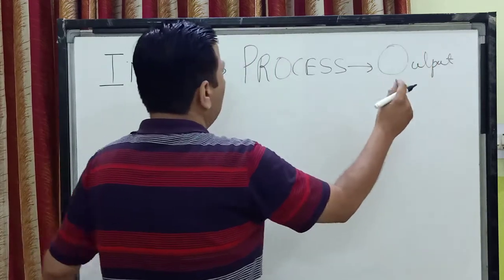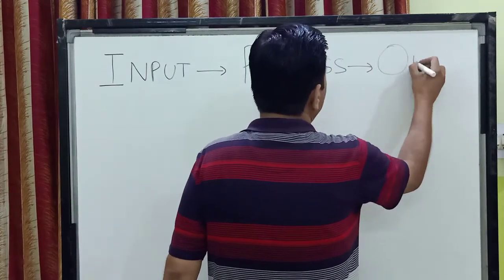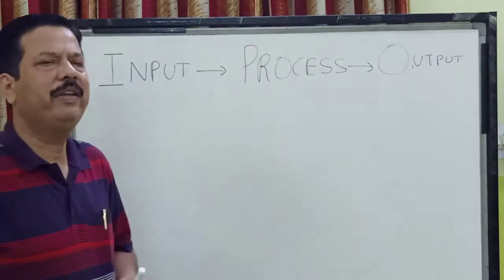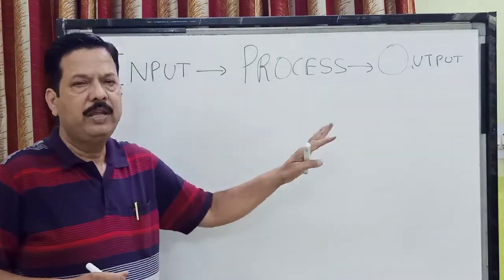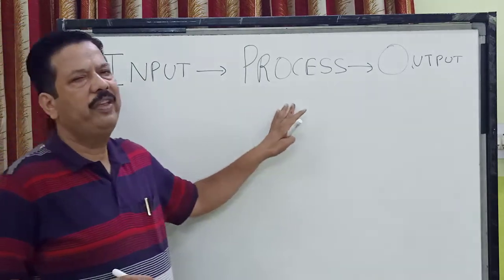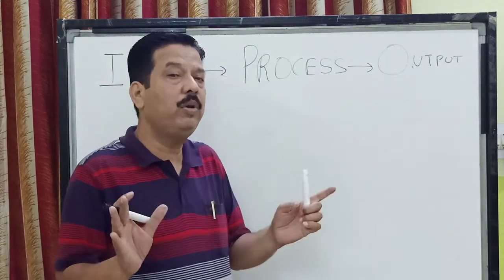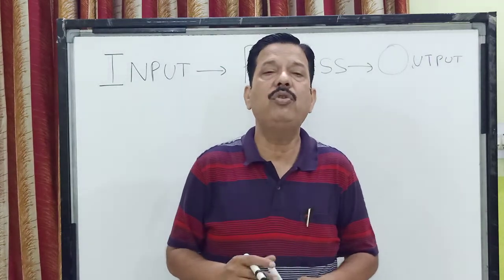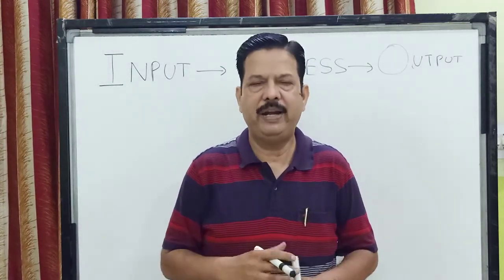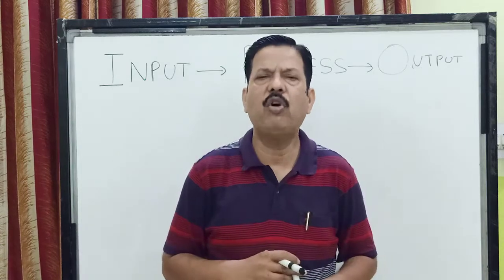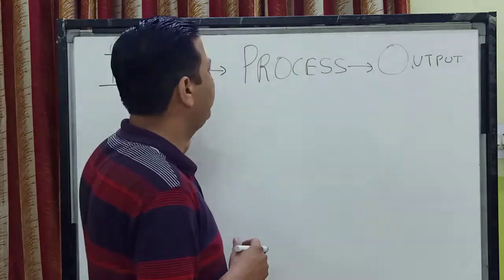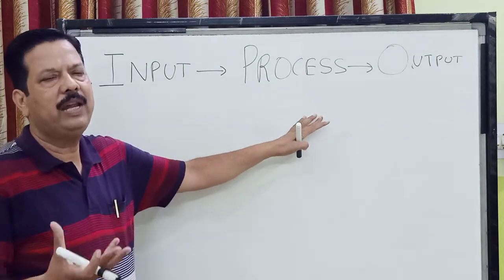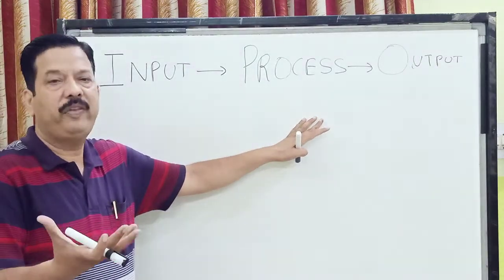So children, if we talk about any task, we say that any task is carrying these 3 steps, that is the input, the process and the output. And children, this is not only in computers, whatever task you do, even if you are making a tea, that is the daily task which we normally do, we follow these 3 steps, that is the input, process and the output.